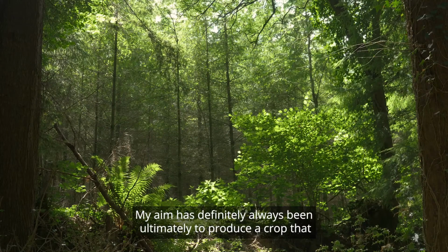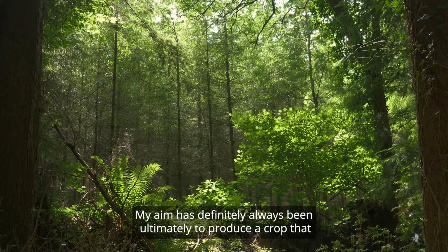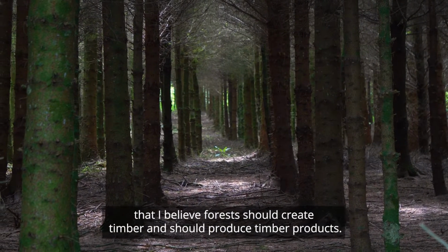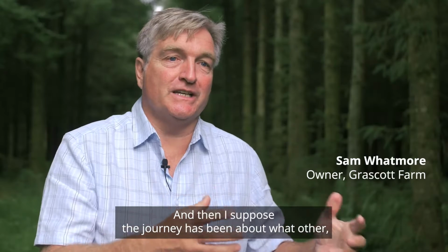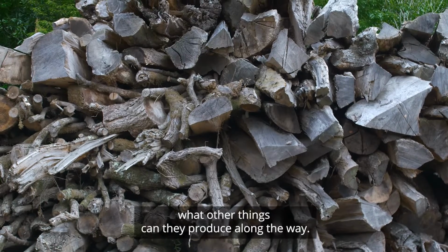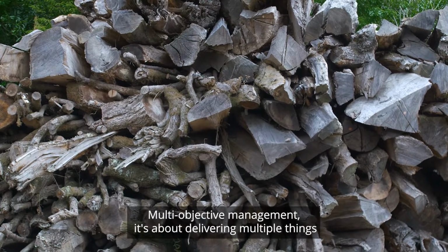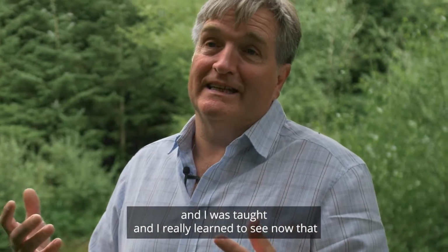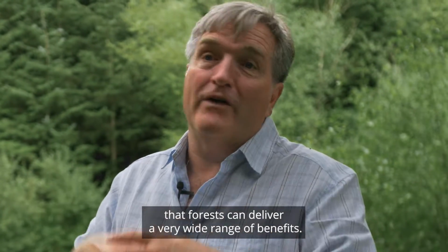My aim has definitely always been ultimately to produce a crop. I believe forests should create timber and should produce timber products. And then I suppose the journey has been about what other things they can produce along the way. Multi-objective management, it's about delivering multiple things. And I was taught, and I really learnt to see now, that forests can deliver a very wide range of